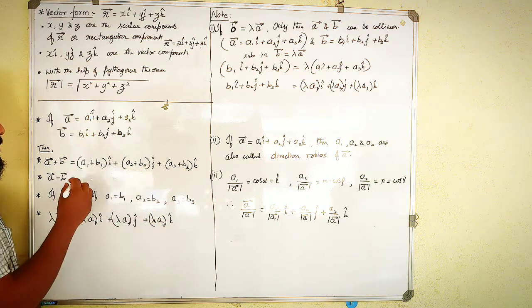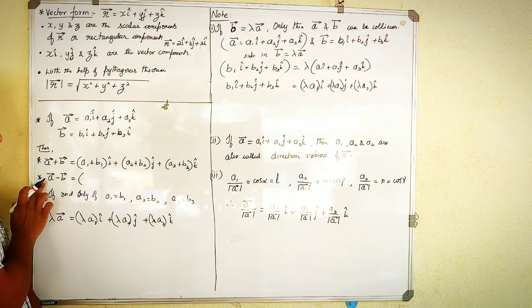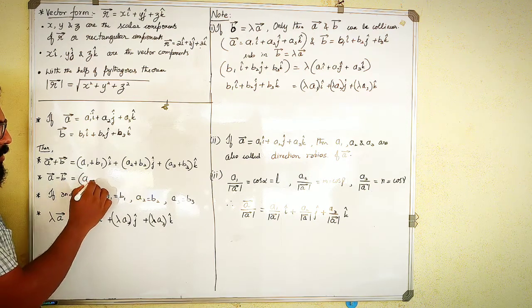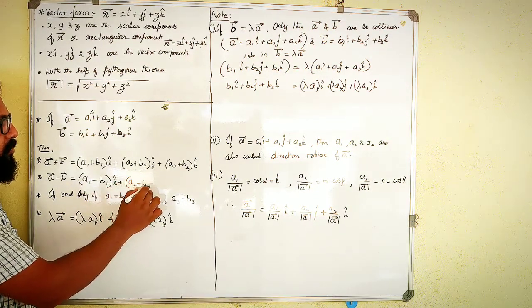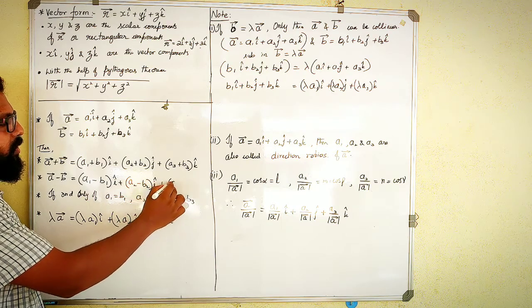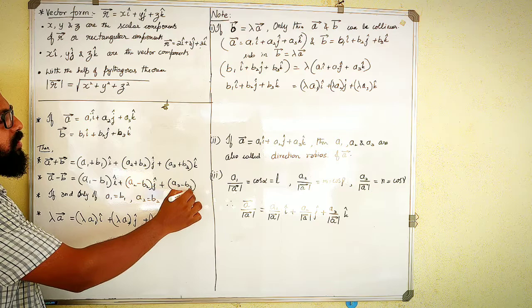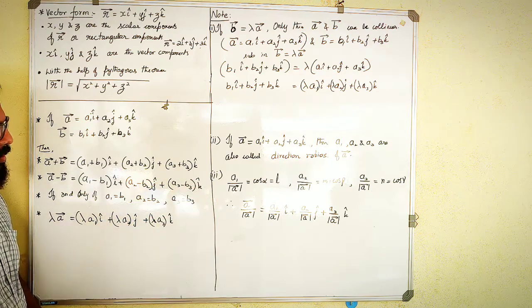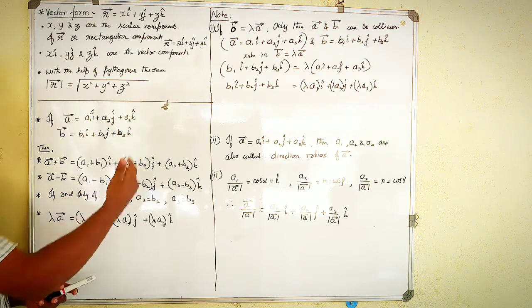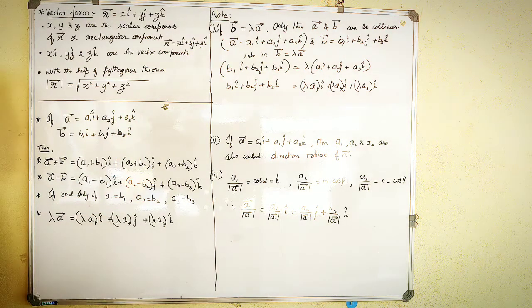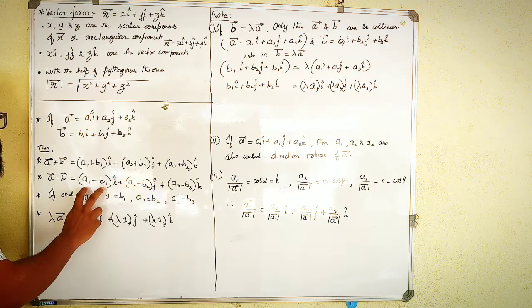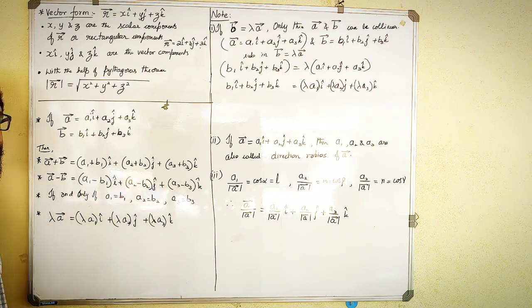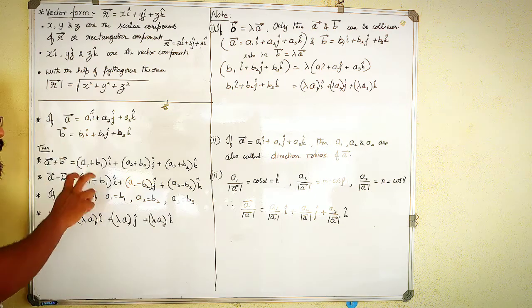In the exact same way, subtraction of a vector is: a vector minus b vector is equal to a1 minus b1 I cap, then a2 minus b2 j cap, then a3 minus b3 k cap. This is just as simple as that. Even addition or subtraction is going to be very simple in terms of numbers as well. But remember one thing, a minus b and b minus a are not the same. So don't make the mistake of writing b1 minus a1 in any one of these, or the whole answer will go wrong. Make sure you do only whatever is asked.